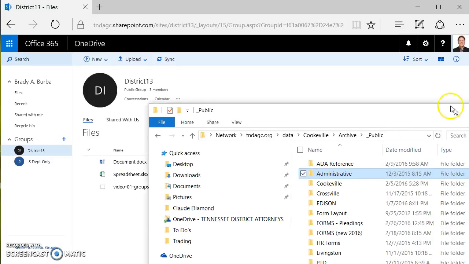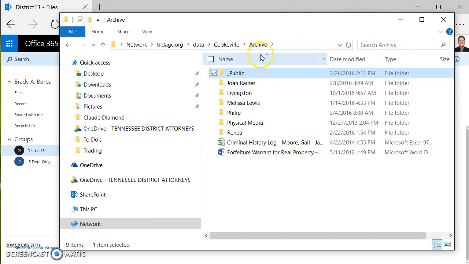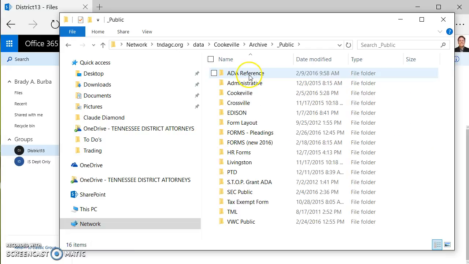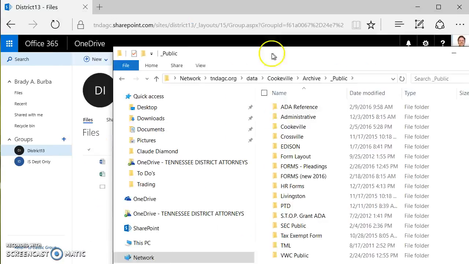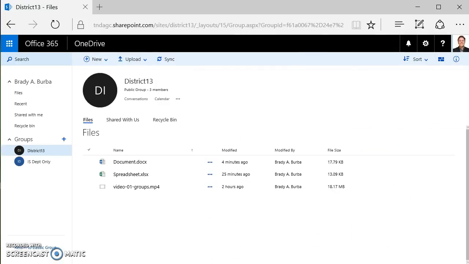files that you are going to want to take, say, from within the archive folder that you access from your desktop. There is a folder called _public, and when you click on it, you'll see a lot of the folders that you currently share there that were in the pre-existing public drive. So what we will do, I went ahead and copied the administrative folder, primarily because it is only